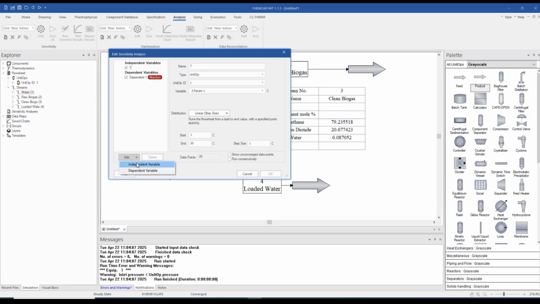And then we add another independent variable, which is the pressure. This is the parameter 2 in unit 1. And we can start from 1 bar up to perhaps 50 bar. I'd like to use the step size again, so let's do this with steps of 1 bar. And these points multiply with each other. So now we have an overall of 1000 data points to be calculated, which will show us which biogas purity